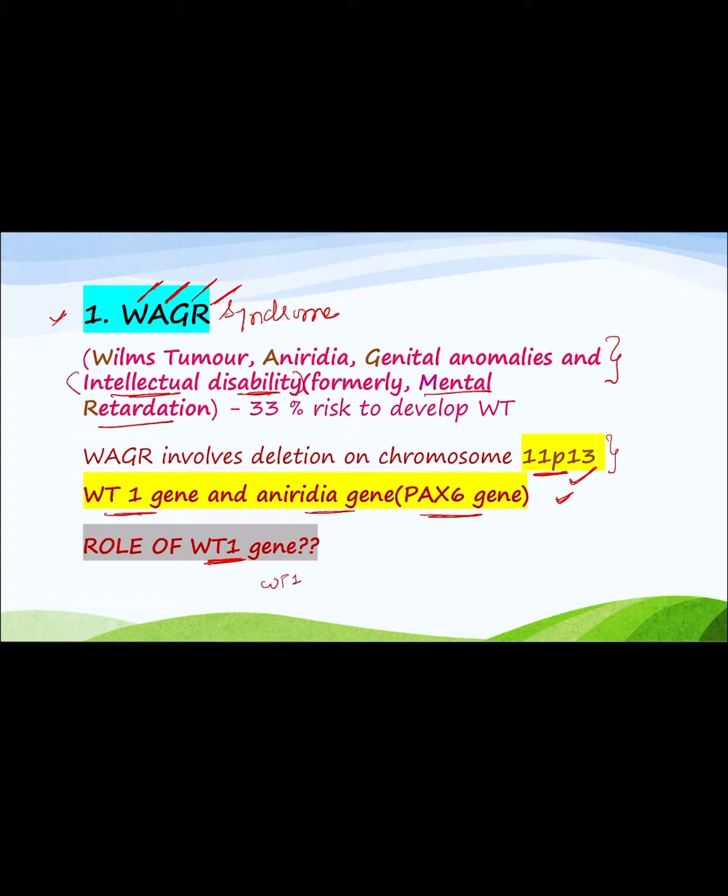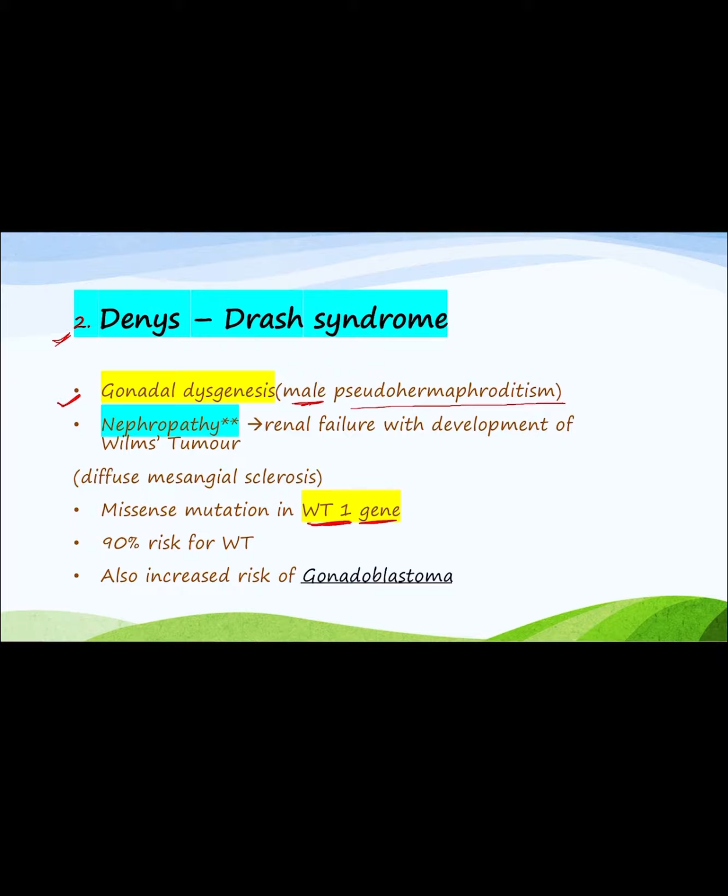In the WAGR syndrome, there is a 33% lifetime risk of developing Wilm's tumor. So this is the first, WAGR syndrome. Now the next syndrome is Denys-Drash syndrome. This syndrome is associated with missense mutations in the same gene, that is the WT1 gene, and the lifetime risk for Wilm's tumor is more than in WAGR syndrome, that is 90% increased risk, and there is also increased